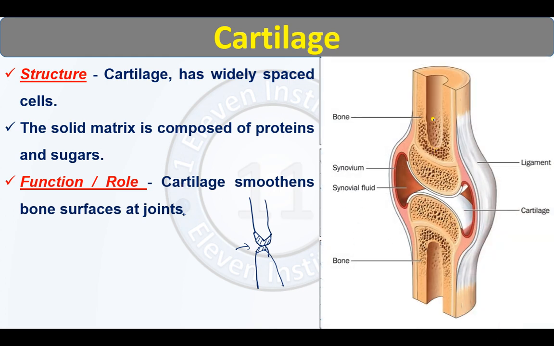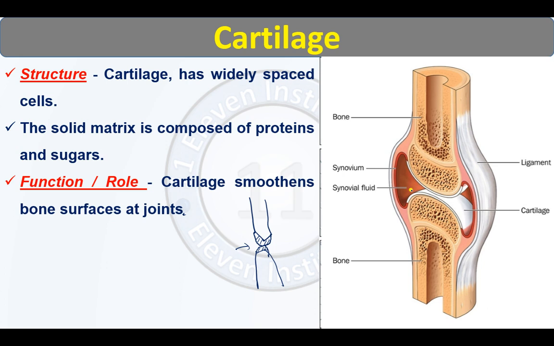Now see, this is a bone, right? This is another bone. Now instead of directly joining these bones, there is cartilage over here, so it will make the surface smooth. Here also there is a layer of cartilage, right? This is ligament. Don't be confused with the white color. This is ligament. It is connecting one bone to another bone, but exactly between these two bones, laterally, head to